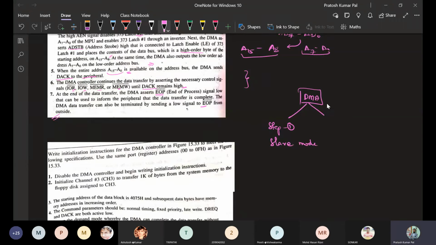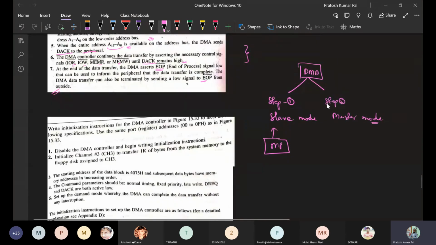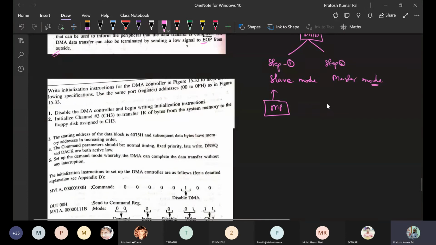Once the slave mode has been completed, step 2 will be the master mode. In slave mode, the microprocessor is going to send the data to the DMA, but in master mode, the DMA is going to send the data to the peripheral devices or external devices.